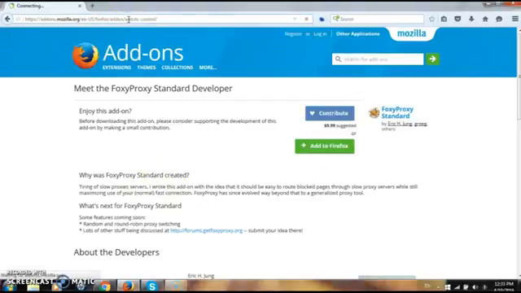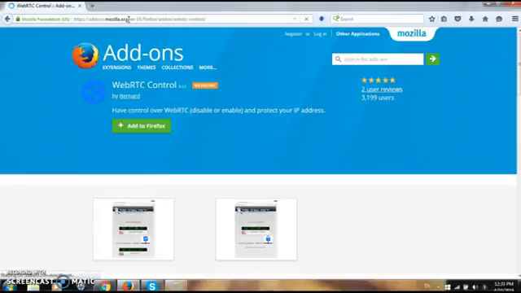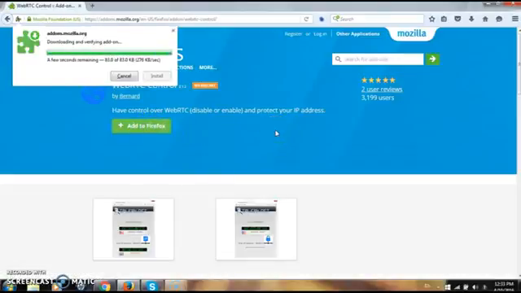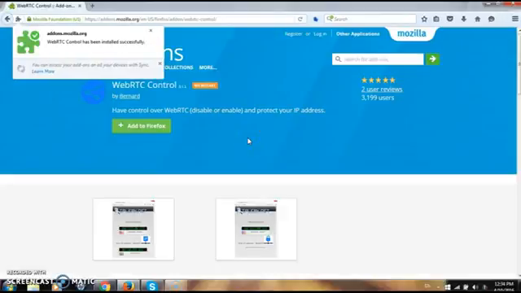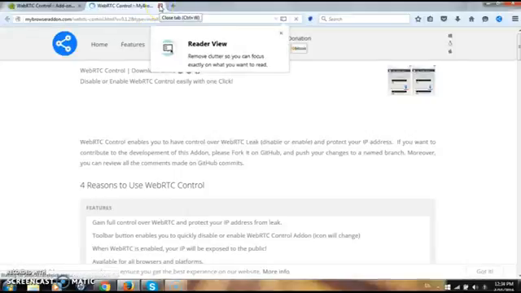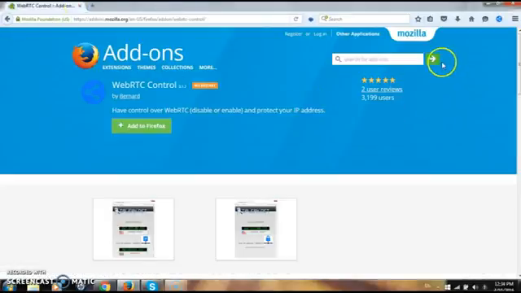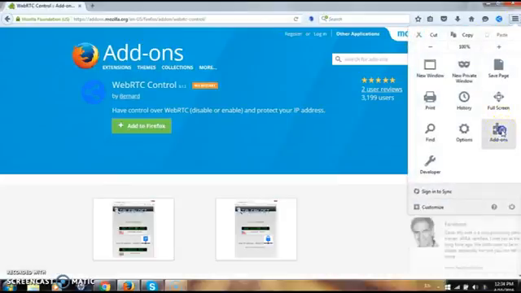So we're going to download WebRTC control. Ouch. And I just hit my elbow. So we're going to add to Firefox, install. Okay, it's been installed successfully. Okay, so next we're going to come over here and go to Add-ons